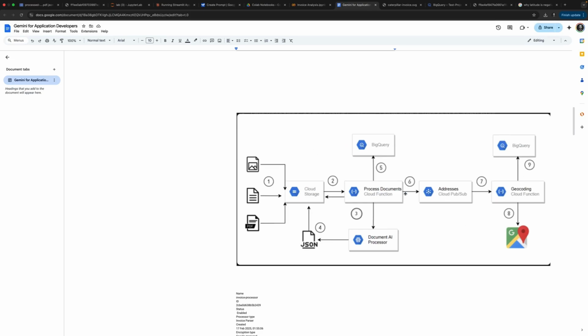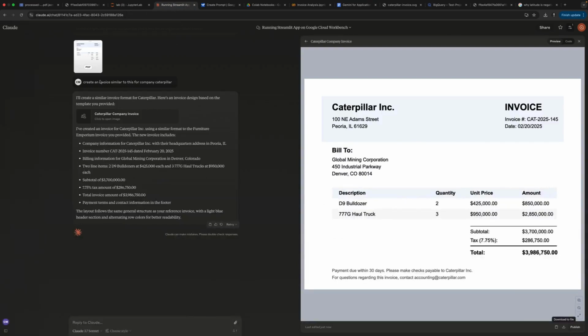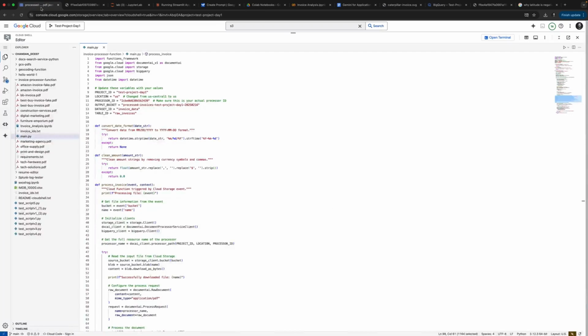So really happy that this is working. I did have to spend some time building this. It took me about 10-12 hours overall. And most of the time, even if you try to build it using Claude or ChatGPT, the code more or less does not work. Even if you just use Gemini within Google Cloud, the code is not